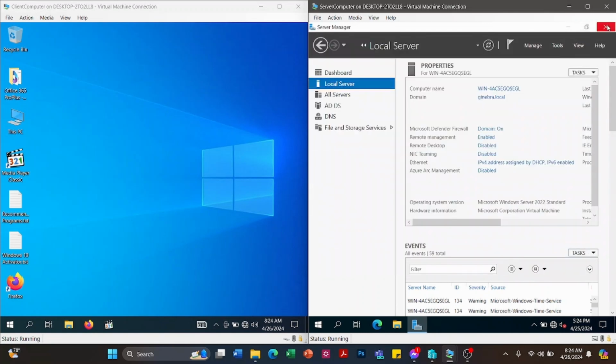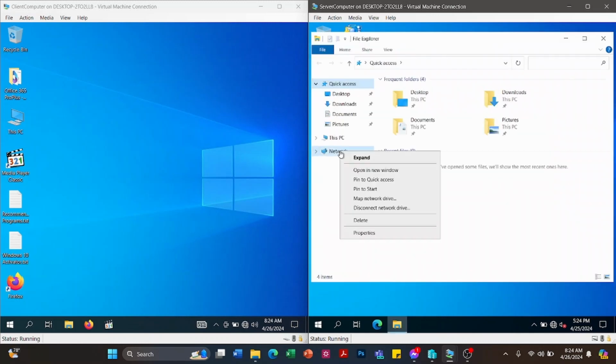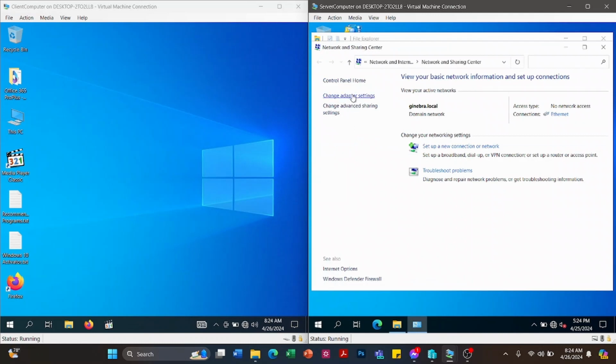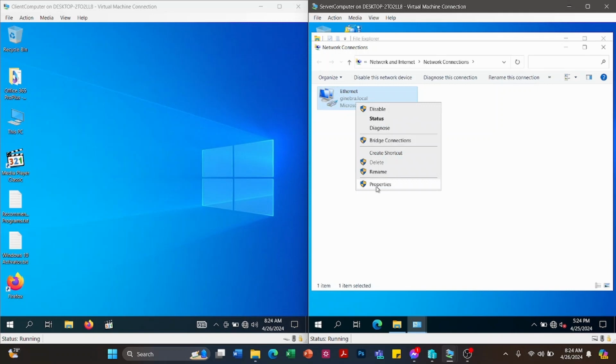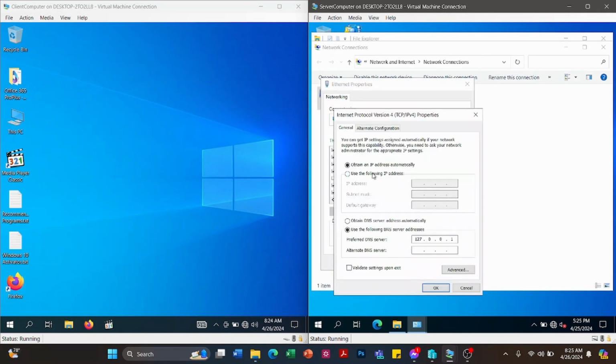Before we install the DHCP, we must manually enter an IP address for the server computer.